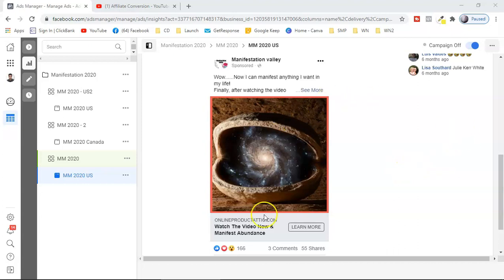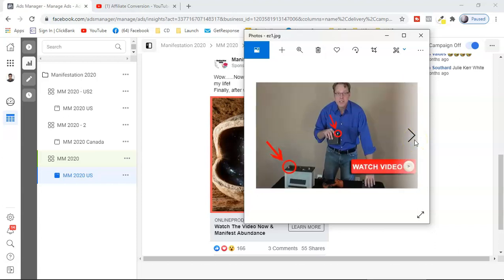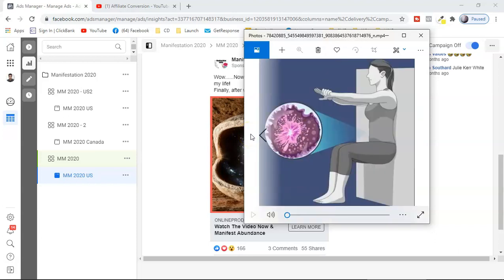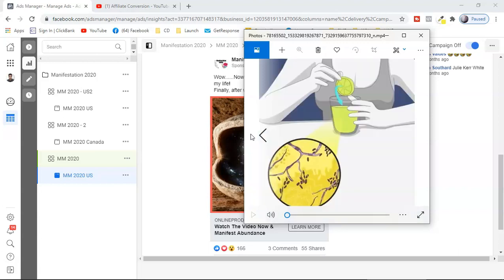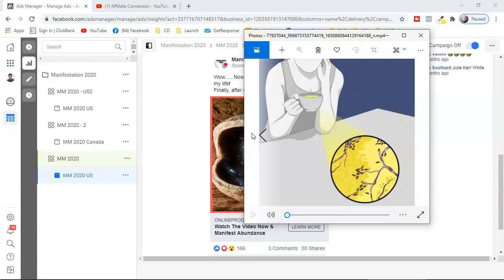This Facebook ad copy has bought 55 shares, 3 comments, 166 clicks and a lot of sales conversions for me. In this video, I'm going to show you how to have these kinds of images which convert crazy. These are a few images you're seeing on your screen which have given me a lot of good conversion, impressions and link clicks while promoting a ClickBank offer or any affiliate offer. So I'm going to show you how to get these kinds of high converting Facebook ad images.